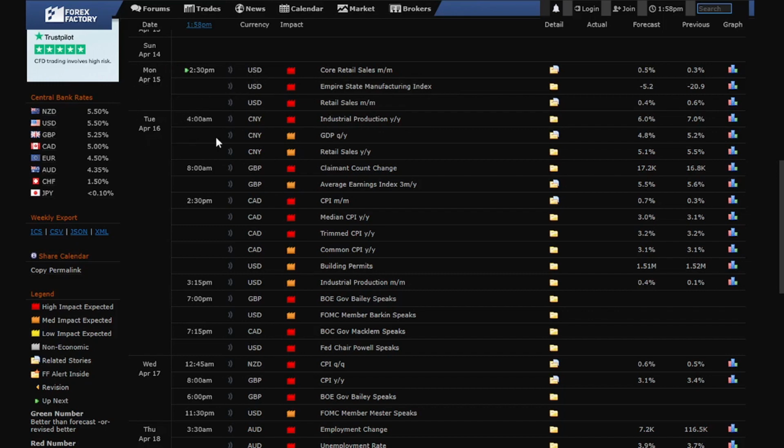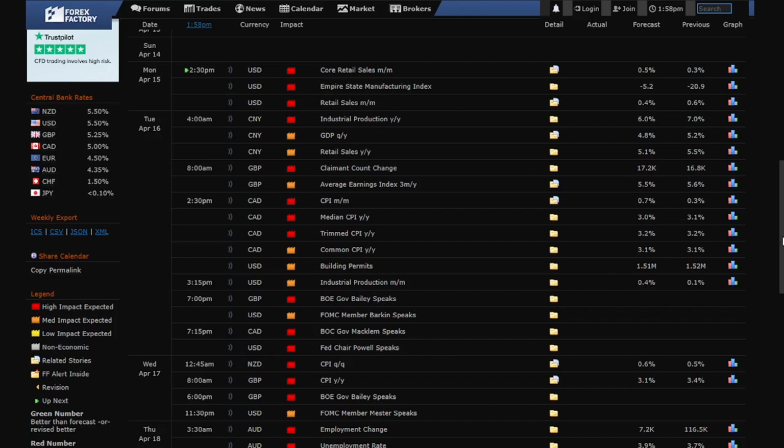Now on Tuesday, April the 16th, the most important one is at 8 a.m.: GBP claimant count change. At 2:30 p.m. we have CAD CPI, and at 3:15 p.m. we have USD industrial production. At 7 p.m. we have GBP Bank of England Gov Bailey speaks. We also have FOMC member Barkin speaks, and at 7:15 p.m. we have CAD Bank of Canada Gov Macklem speaks, and we also have USD Fed Chair Powell